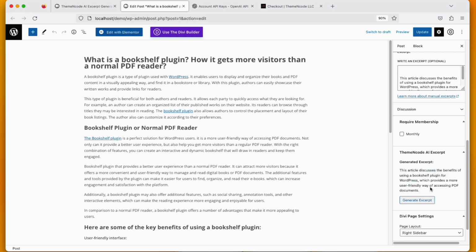You can use this excerpt anywhere you want. You can use this as your meta description or your social post or anywhere you want, and you can show it on your website as well. This will grab the attention of the visitors more than reading the whole blog post, because this is the summary of the whole blog post that is going to be shown in front of your visitors. This is the nicest and the unique way to create excerpt by far in WordPress, which is presented to you